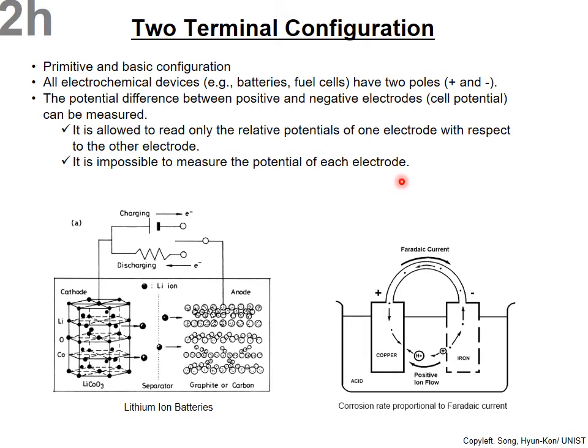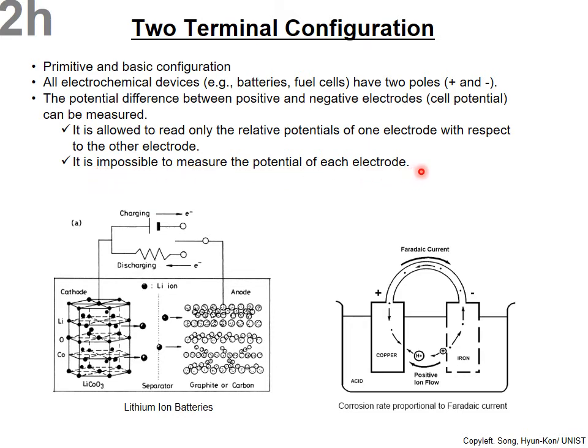So it is the reason why we electrochemists have often used a three electrode system. However, I'll discuss the three terminal configuration later. Right now, I'd like to focus on the two terminal configuration. So let me discuss why the difference, and what is the meaning of it being impossible to measure the potential